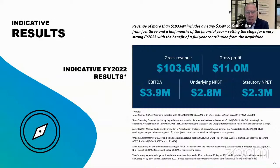I suppose FY 2022 saw us complete that Sentry acquisition at the start of the year in late July, and in mid-March we completed the Synchron acquisition. And we've come out with these indicative results because we think we'll be late in the month with our final financial statements, given the complexity around the notes and getting the consolidated balance sheets all done because of those acquisitions. And we wanted to come out with the indicative results at a P&L level to say to everyone, it's